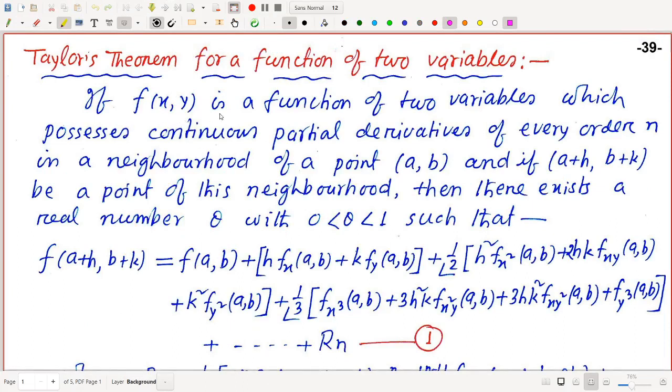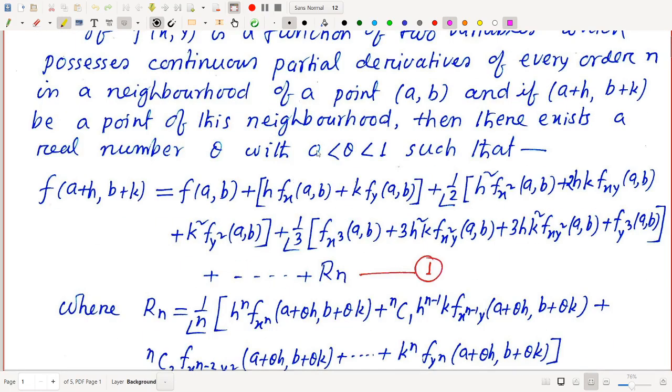If f of x, y is a function of two variables which possesses continuous partial derivatives of every order n in a neighborhood of a point (a, b), and if (a plus h, b plus k) is a point of this neighborhood, then there exists a real number theta with 0 less than theta less than 1, that is, theta is between 0 and 1,